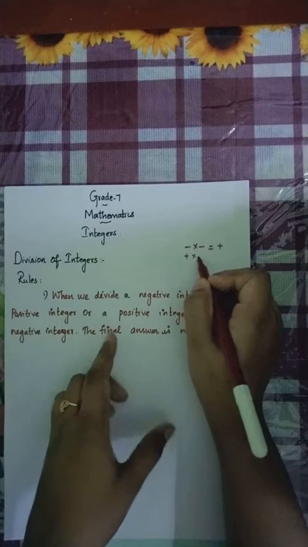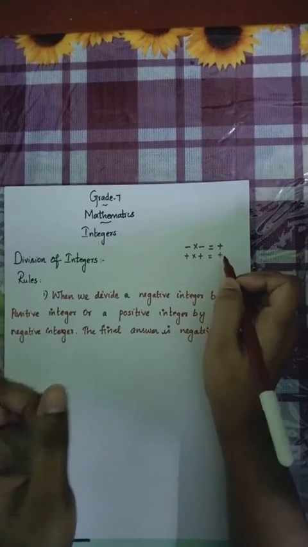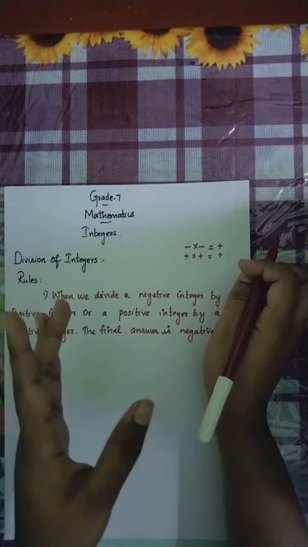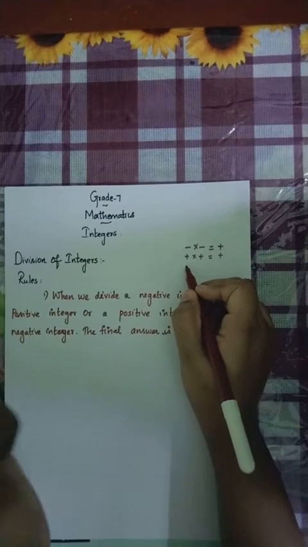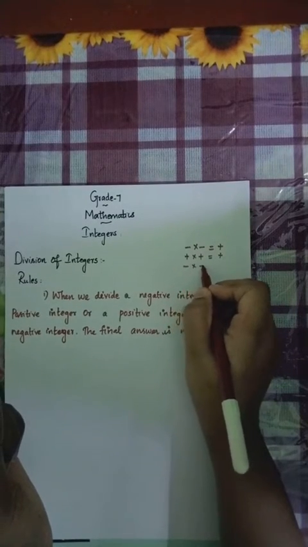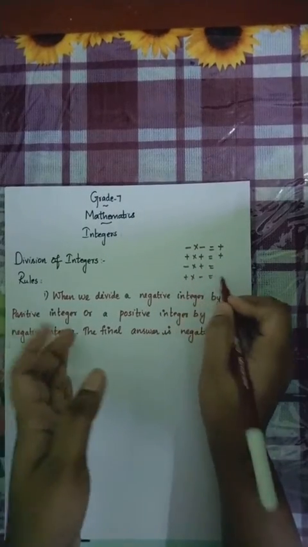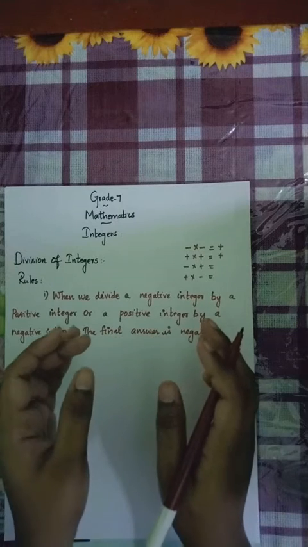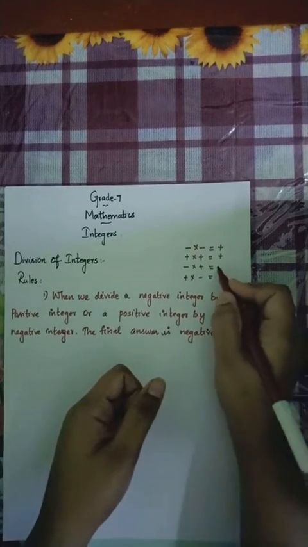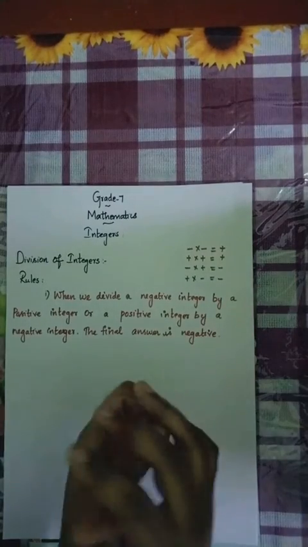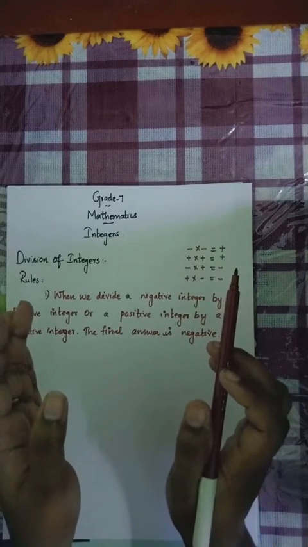Yes, when you are multiplying two like signs, finally our product is a positive product. Positive means plus sign. When you are multiplying two unlike signs, that is minus into plus or plus into minus, what is your product? Positive or negative? Yes, very good. It is a negative product. Negative product means a number with the sign minus. Don't forget this rule.